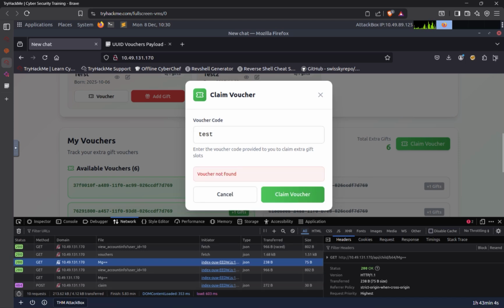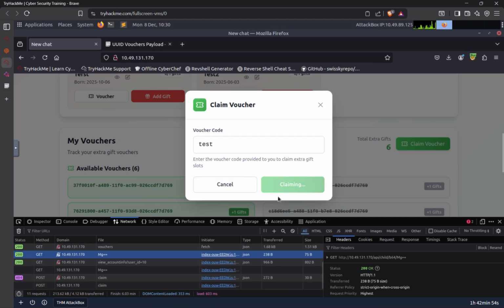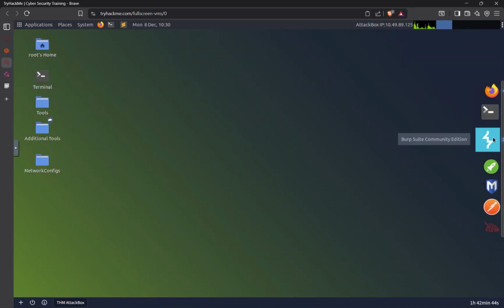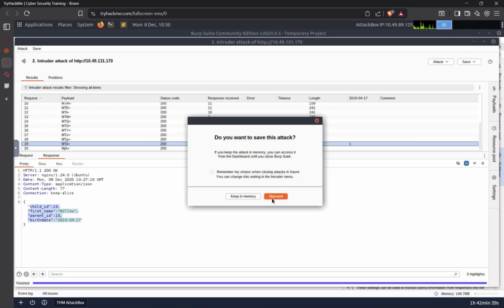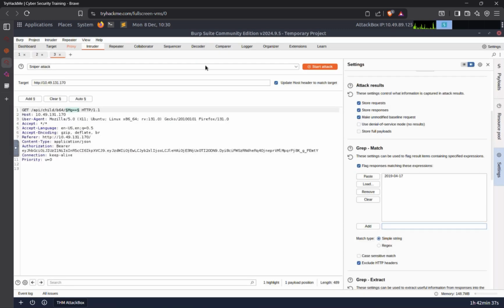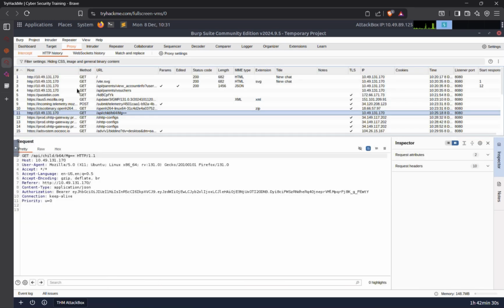and this doesn't work, so let's, okay, let me check on Burp. Maybe not, we'll do this again. Yeah, now this is the one I'm looking for. So claim voucher, we need to click claim voucher, and now we'll go to Burp, and apparently we did this, so I want to close, discard, and now I don't need this, so we'll go to the target, sorry, proxy,